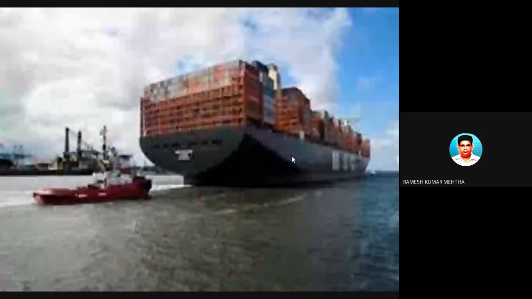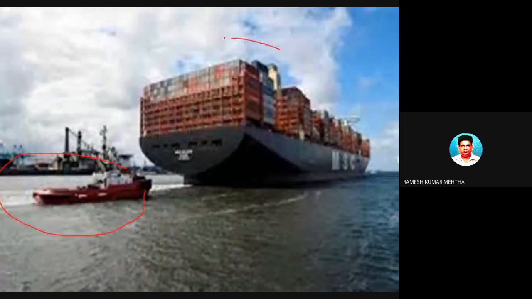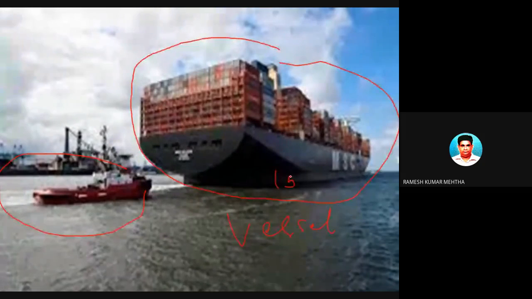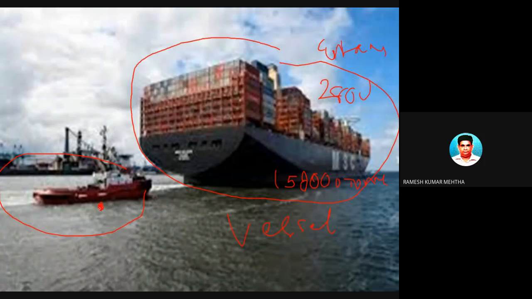So these are all ships. Now this is very important. What is this and what is this? This is called a vessel, where it can accommodate 1,50,000 or 1,60,000 tons of material, or near about 2,800 containers. But what is this? This is called a small ship.